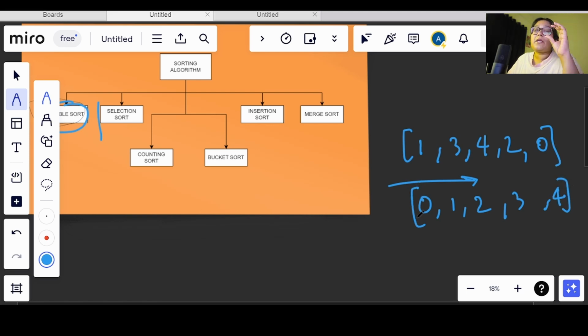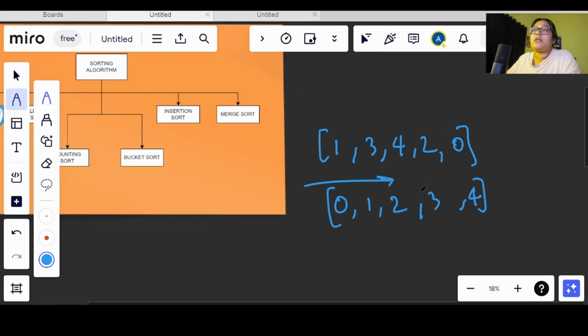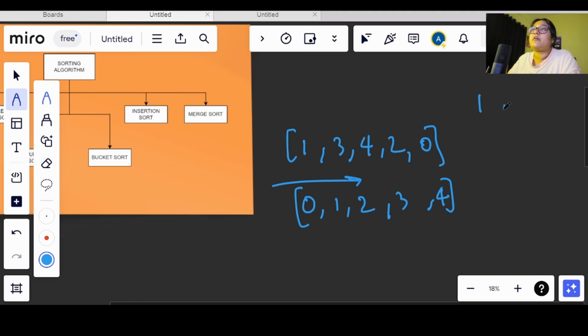In order to get a sorted array, we need to perform a series of steps. How do we do that? We know how to check which of two values is greater. If I have been given 1 and 0, we know how to check which number is greater. So what if we put it in a proper loop? Then we can get a complete comparison between all the elements, and we can get to know which is the greatest element, which is the smallest, then the second smallest.